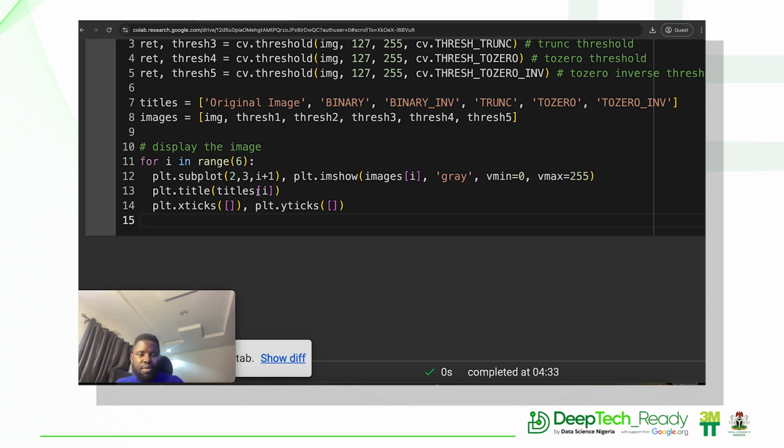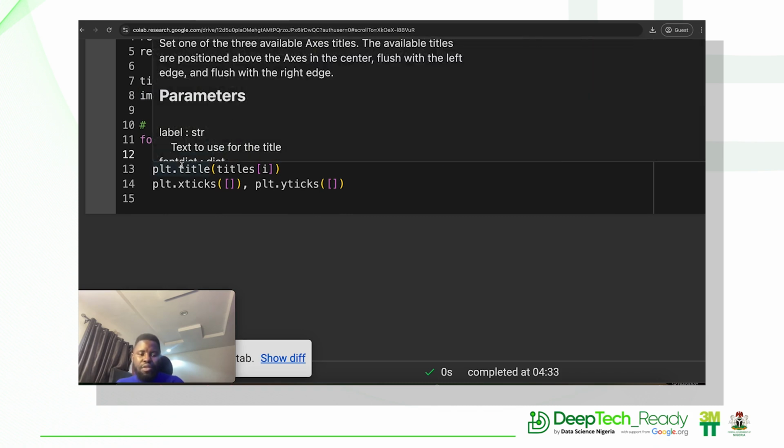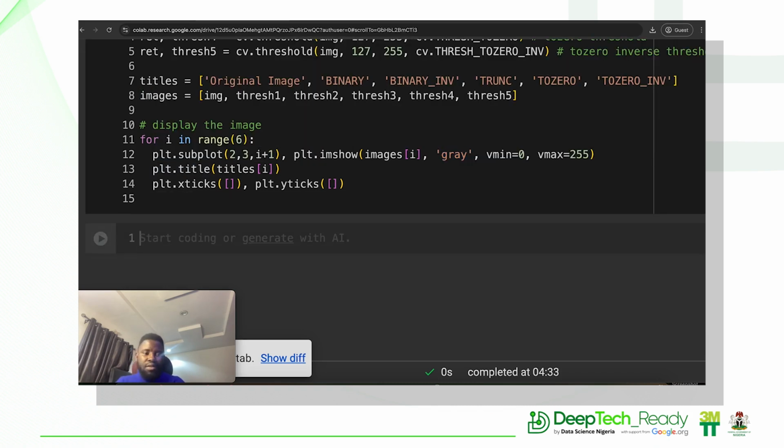The title is basically you are displaying whatever the result of the threshold is. You are trying to display the gray form of it, which is what we have here, and then of course its corresponding title. So when we run this, we have